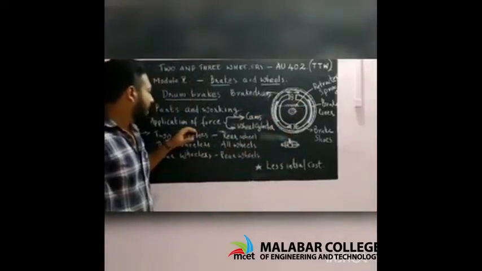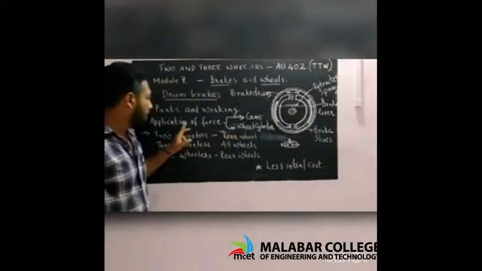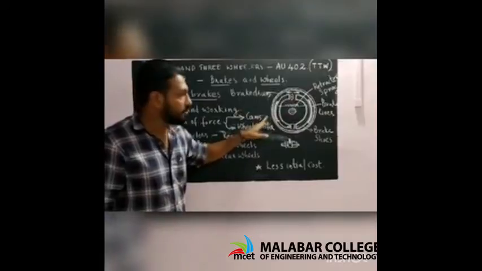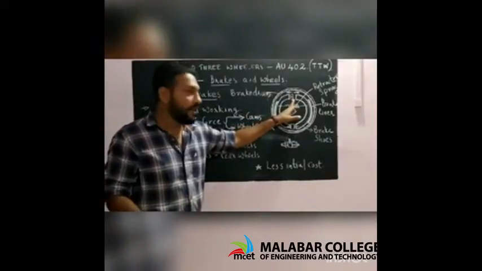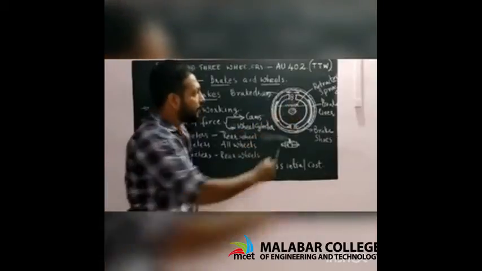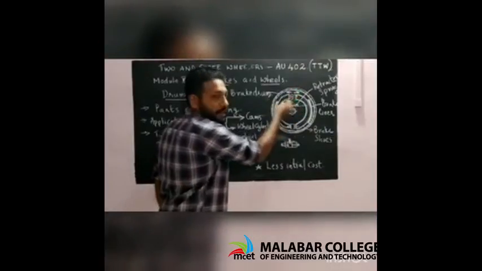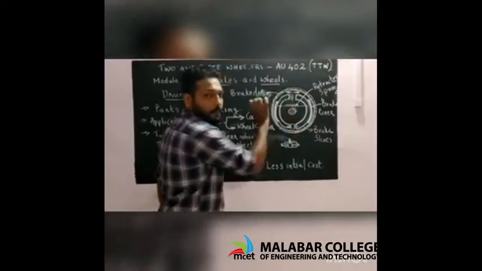Now we can see how the force is applied on brake shoes. How we can apply force on the brake shoe. One method is the cam, as shown in the figure. It is used in mechanical brakes, which are run by cables or rods. Here, the cam is rotated using mechanical linkages. When the cam is rotated, as we told earlier, it will push the brake shoes in both directions.